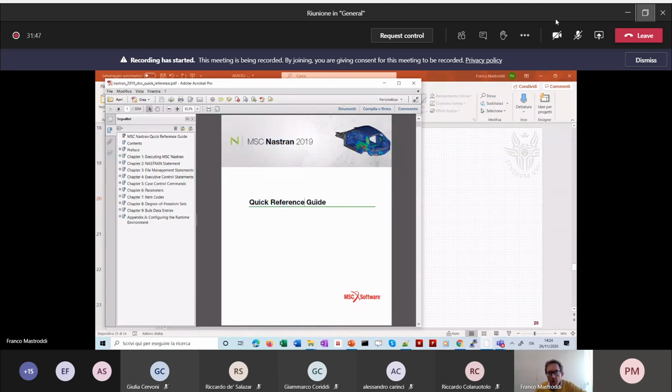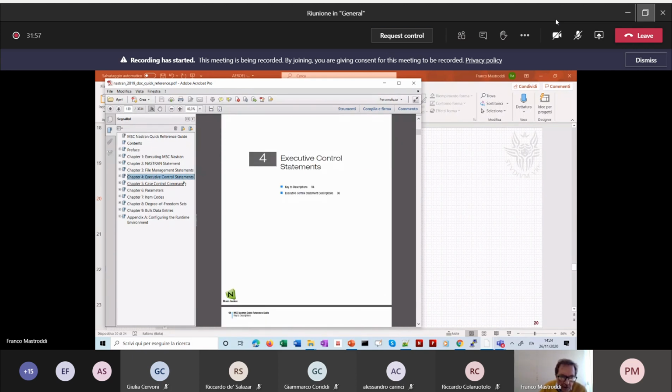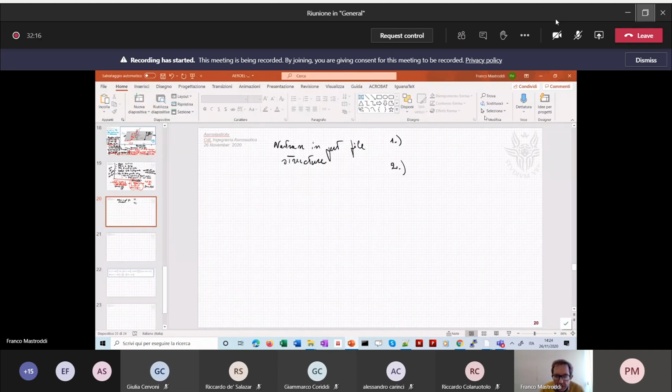You can download this manual as a student. The first part is also known as executive control part, then the case control part, and finally the bulk data part. So we have executive control, we have case control, and bulk data. So we can distinguish these three parts here